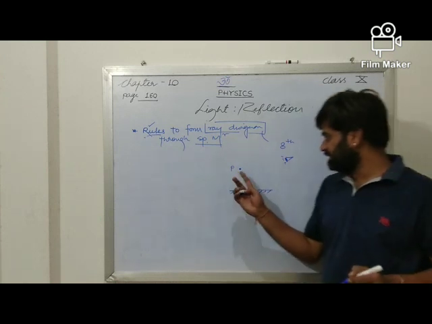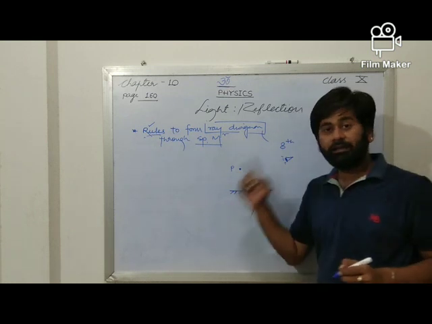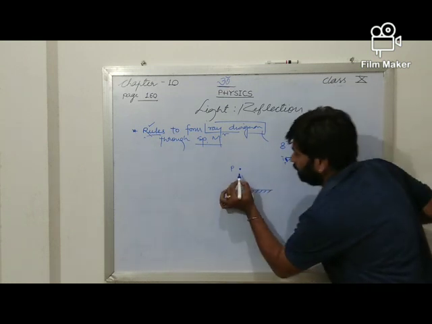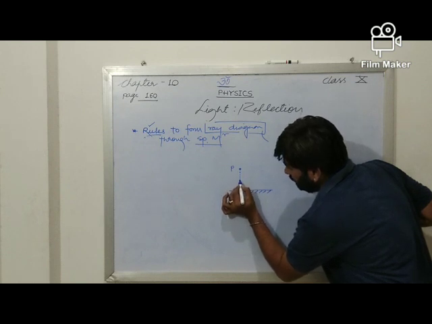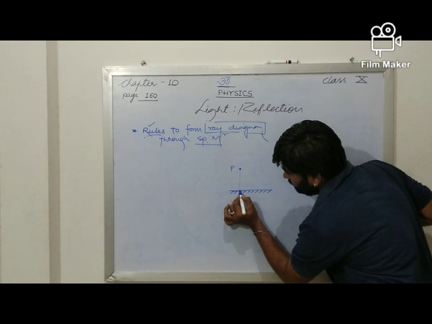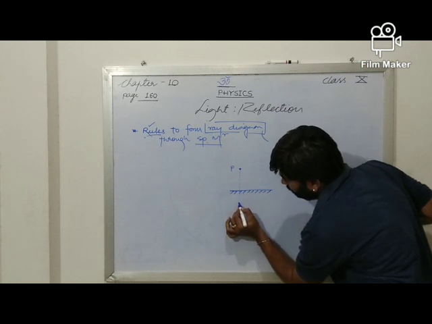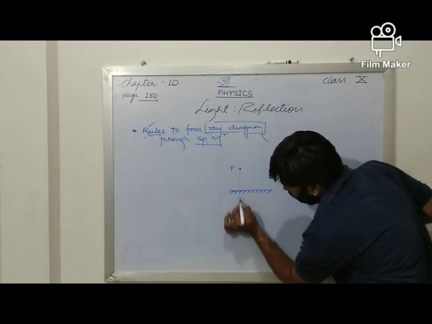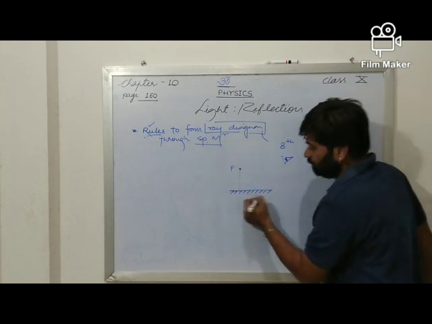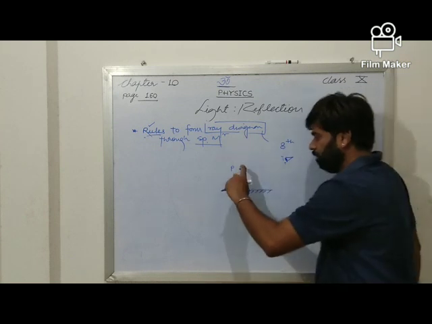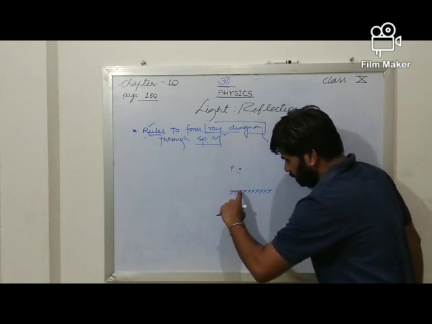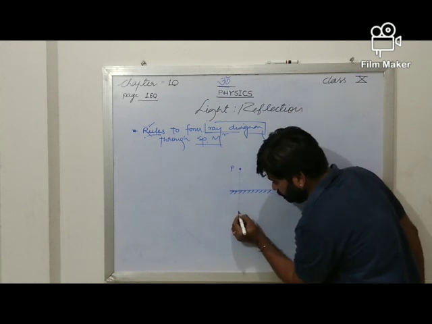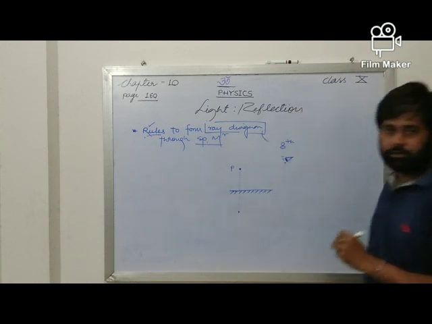So what were the steps which we had taken at that time? Let us have a recap of that. The very first was we had made a straight line, and that straight line was like this. That was the normal to the mirror. Now, the same distance above the mirror, we have to pick the same point below the mirror as well. So we had picked that particular point.